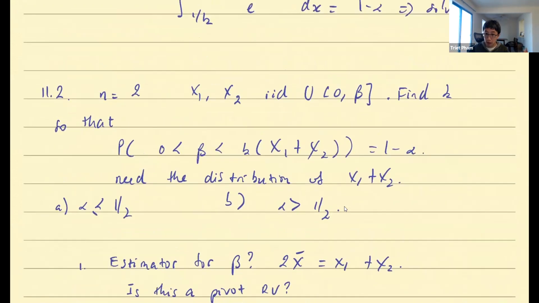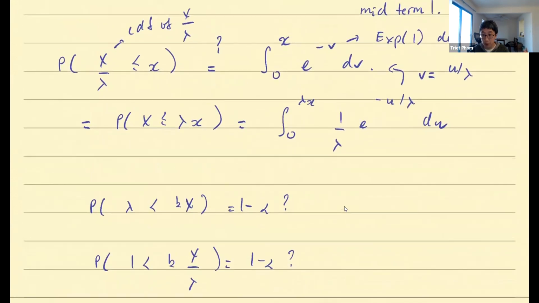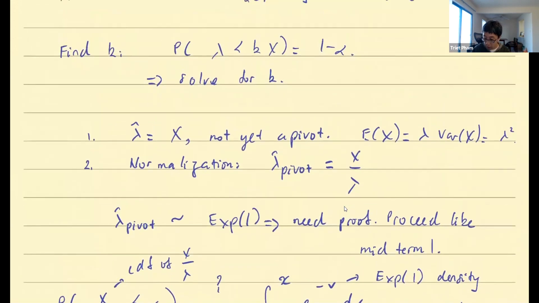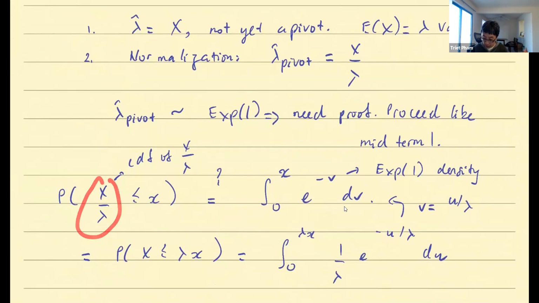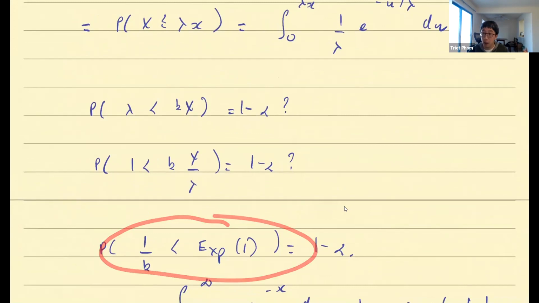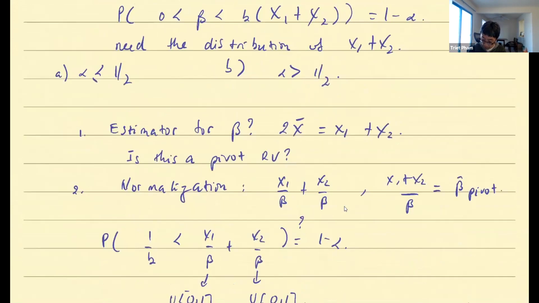So the point, right? I'm showing you this is not to solve your homework for you, but I want to direct you to the idea that, in a very mechanical question of the book like this, it looks a little weird. But once you realize there is normalization going on, and you know that you must look for normalization coming from the pivot random variable, then you will naturally do something like this. Or something like this,